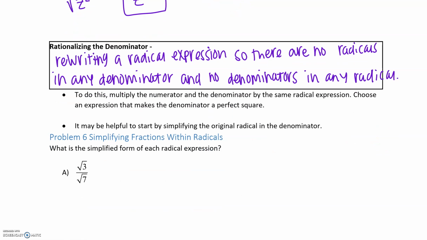Okay, so to do this, we're just going to multiply the numerator and the denominator by the same radical expression